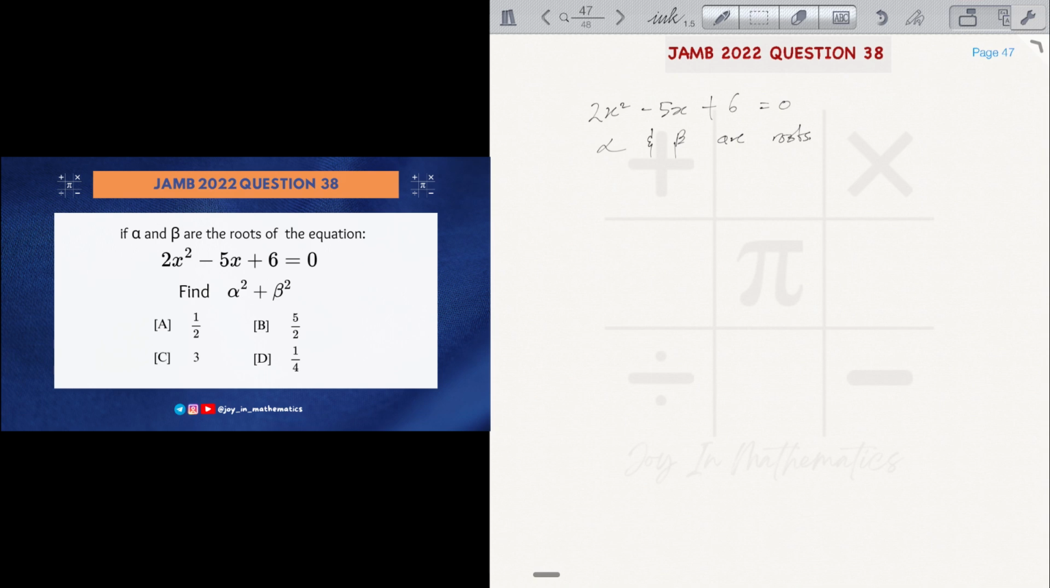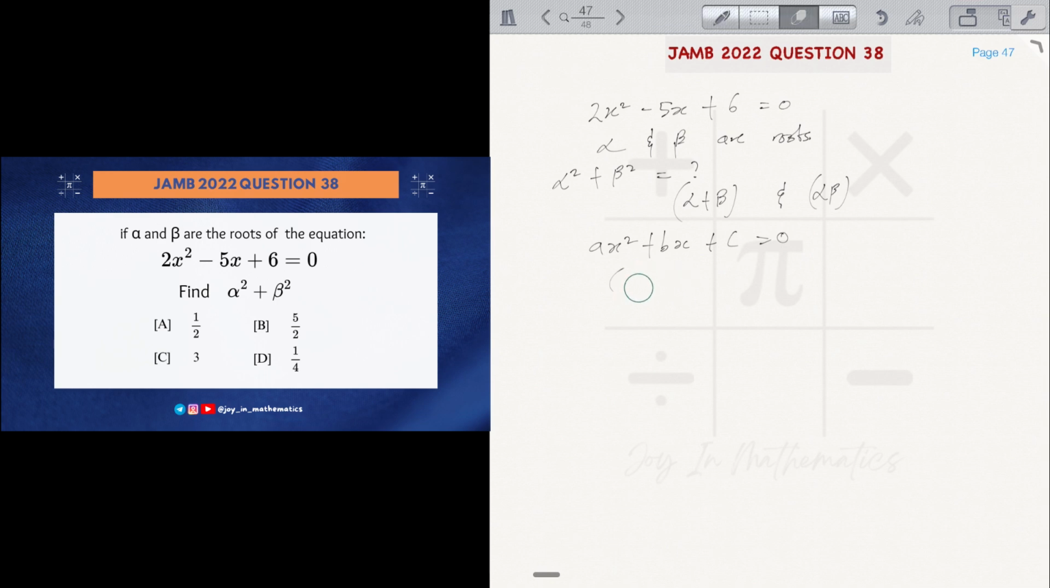You can go ahead to solve the quadratic equation to get the roots, but then that will be a longer way. The best way to go is to express alpha squared plus beta squared in terms of alpha plus beta and in terms of alpha beta. So when we have ax squared plus bx plus c is equal to 0, it is given that the sum of the roots alpha plus beta,